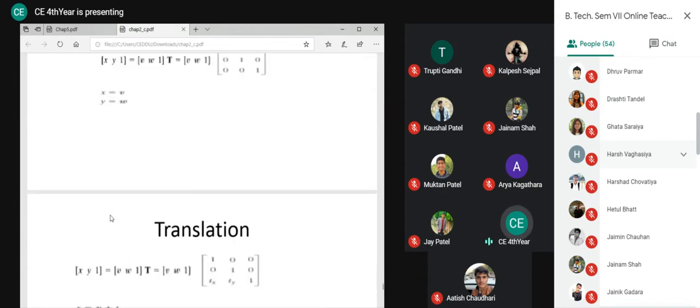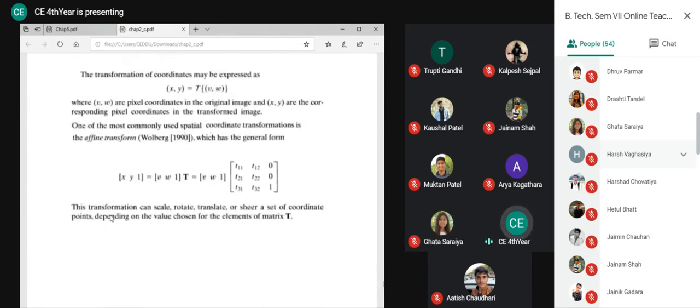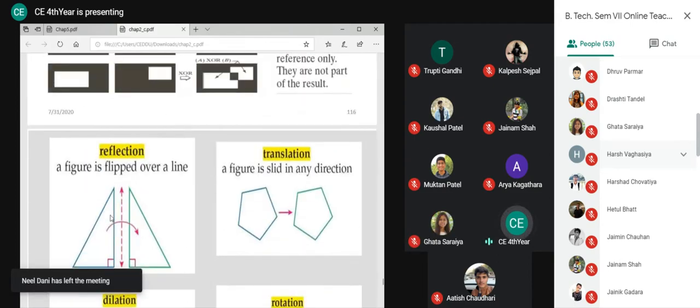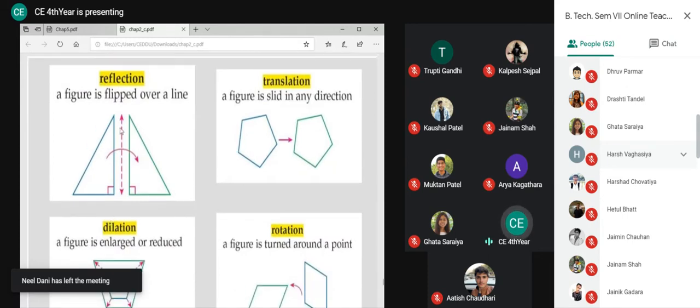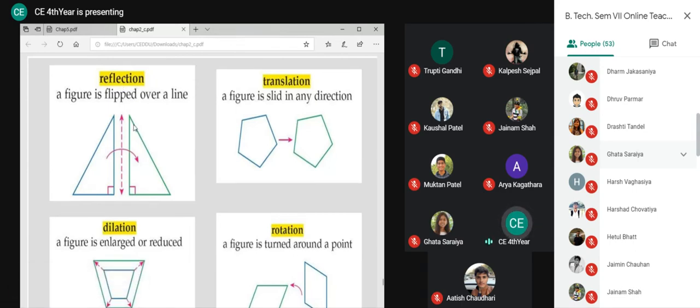First, we should recall what are called geometric operations. A few operations are known as geometric operations. One of them is reflection. That means you are flipping with respect to the vertical or horizontal axis. You are taking reflection with respect to one axis. That is known as a reflection operation, which is a geometric transformation.